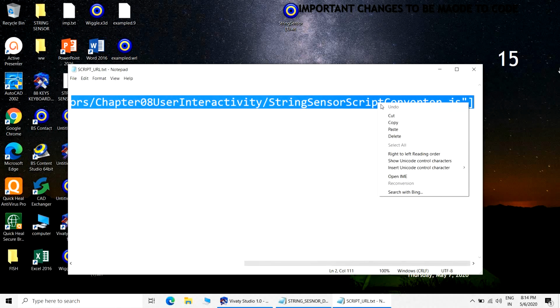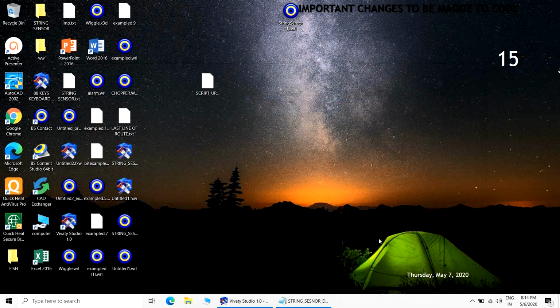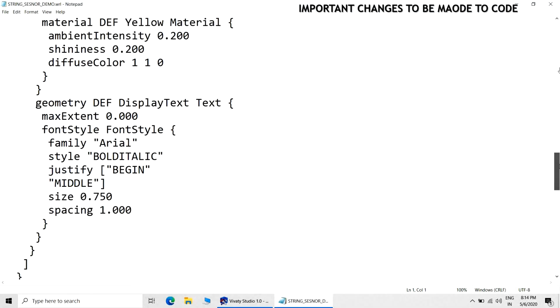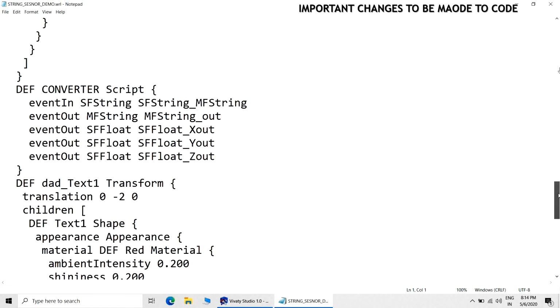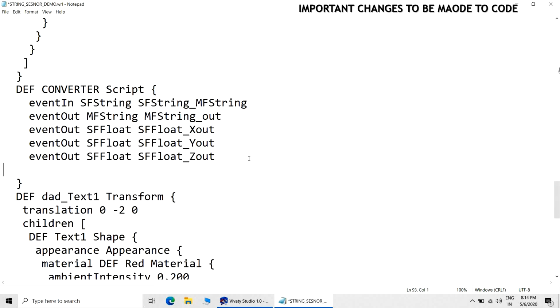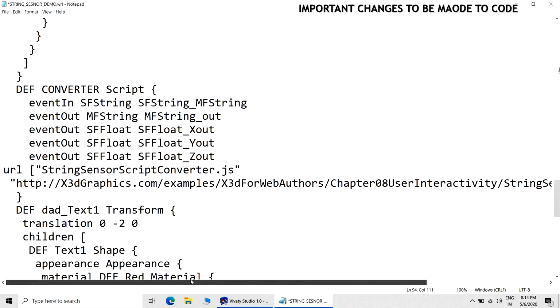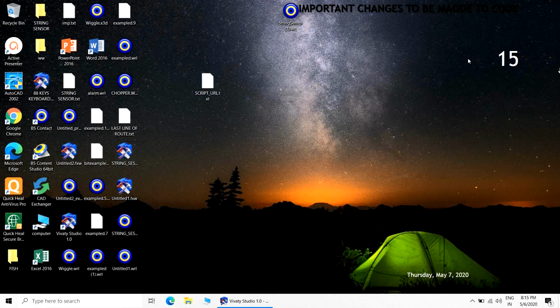Actually, I have copied that particular change in the notepad. You just copy it and paste it at the end of the converter script. This is the end of the converter script. So I have pasted that URL, save the change.